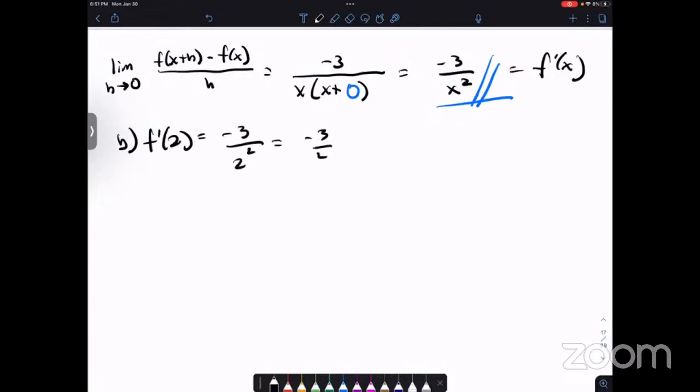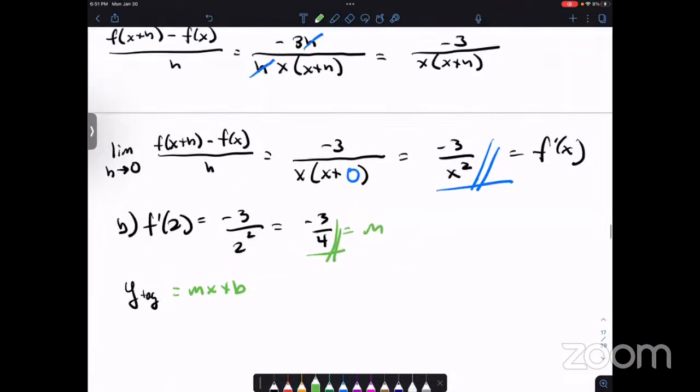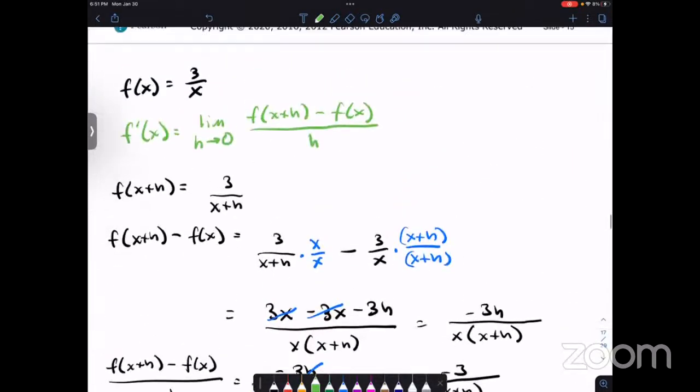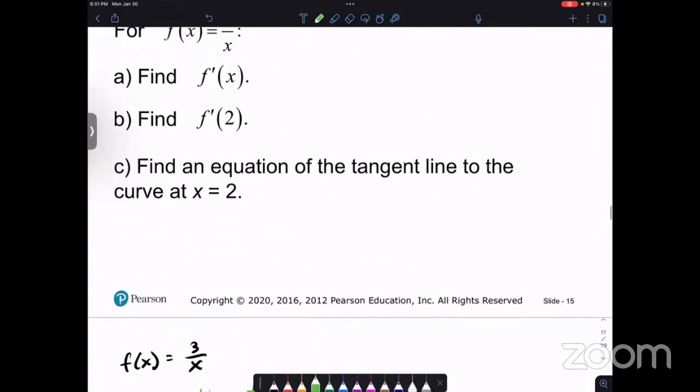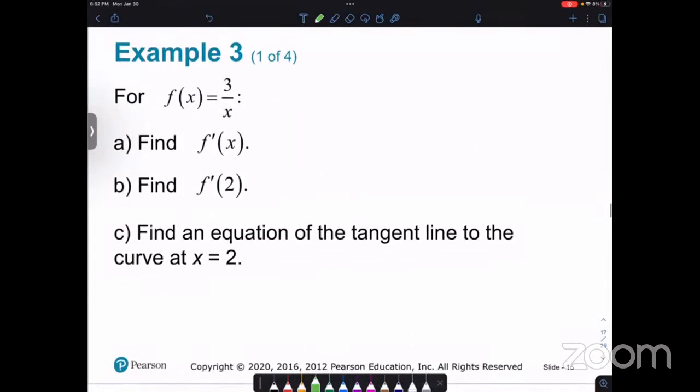So then the equation of the line, I'm going to abbreviate it as y tangent. I know that's probably not proper notation or whatever, but we're going to use y equals mx plus b, okay? This is going to be our slope. We found the slope. Okay, another thing. So when x is 2, we need the corresponding y from the original. So when you plug in 2, you get 3/2, okay?